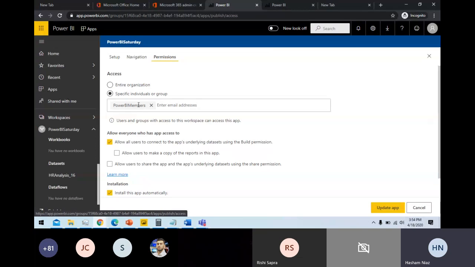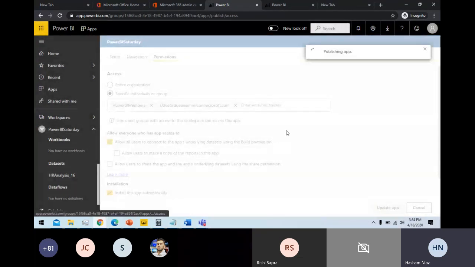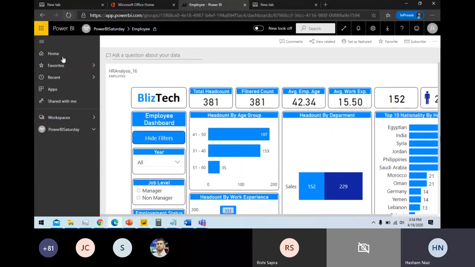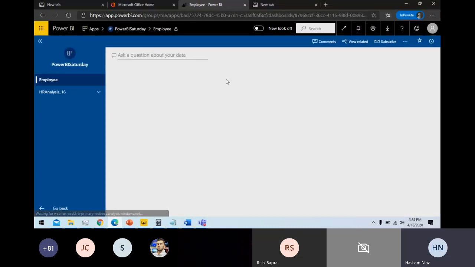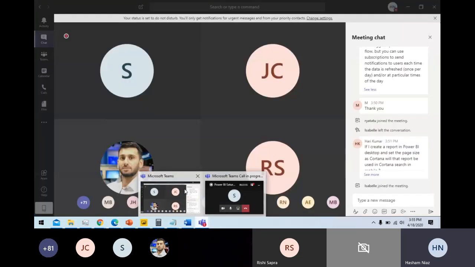To publish an app, I make sure that this user has access to this particular app. When I update this app, I go to the apps and click this app. I'm only going to see the head count of the sales department. So now hopefully I answered your questions, like how you assign roles, different permissions, and dataset security here as well.